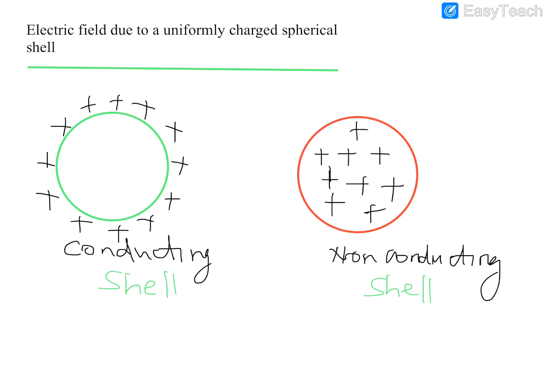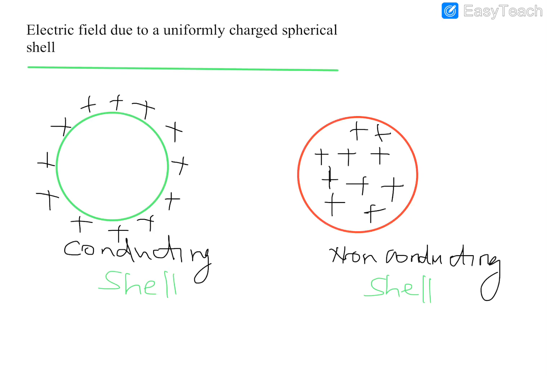If you charge a non-conductor, since non-conducting means charges are not allowed to move, that is what non-conducting means. Since it is a non-conductor, charges are not able to move from their original position. So whatever be the position of a charge, they will be at the same position, they can't move anywhere. So you charged a non-conducting shell, whatever charge is present at different locations, those charges will be at the same position at any time. They will not move anywhere. They will be fixed at their position. So that is the difference between a conducting shell and a non-conducting shell.